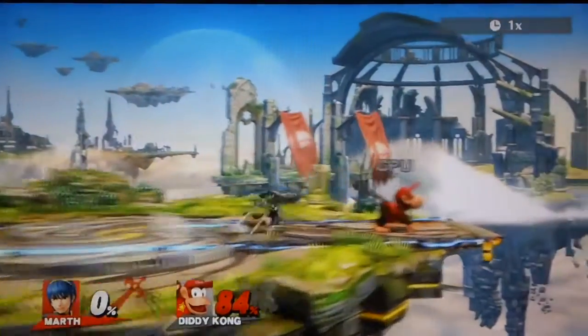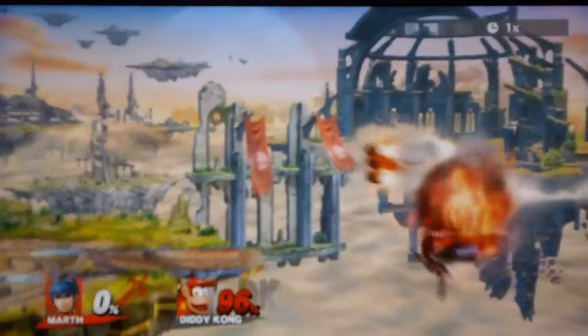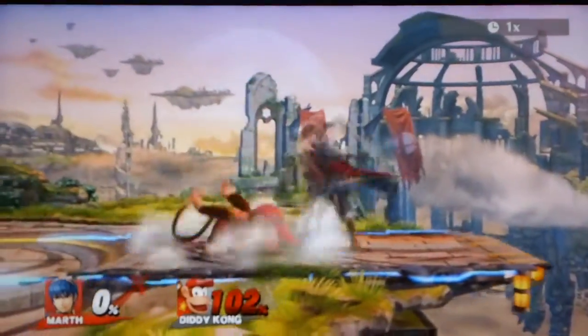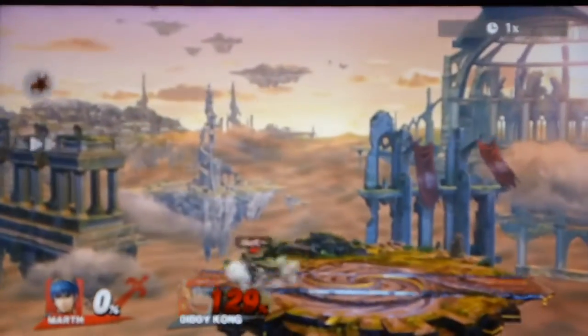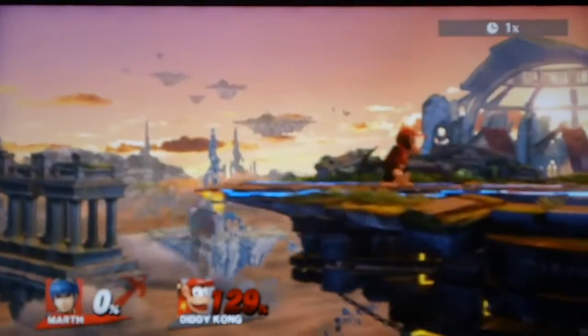Now Dancing Blade, it's pretty good in this game. It kills, but it's really hard to land, actually. And sometimes I even have trouble connecting the 4 hits. As you can see, you kind of struggle hitting Dancing Blade. Yeah, it's kind of hard to do sometimes. But if you do this from the ledge,